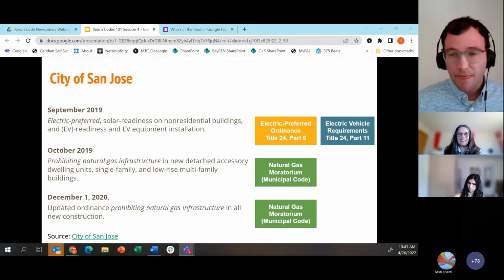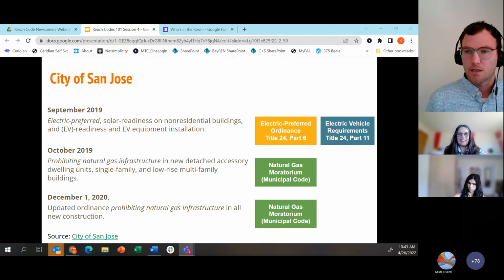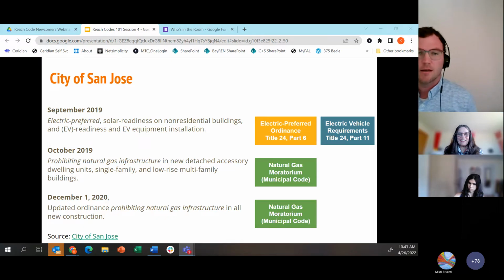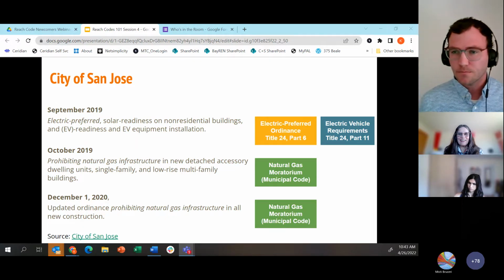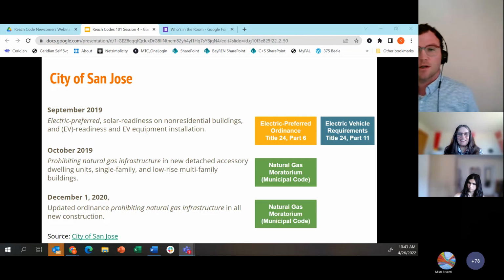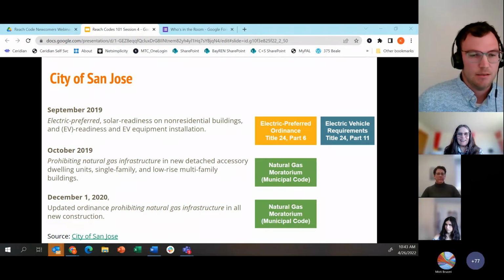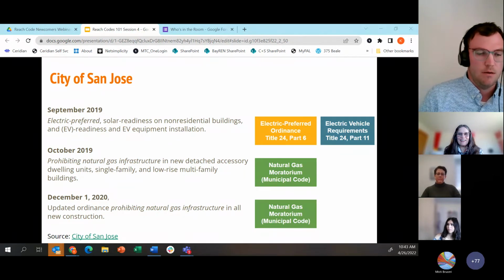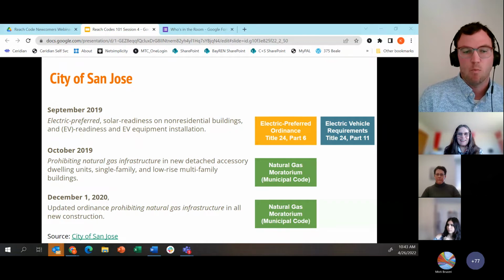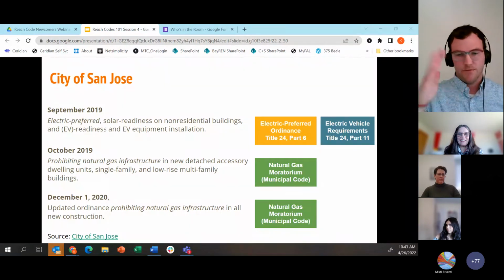And then fast forward a year later, after enacting the natural gas moratorium, they realized they wanted to go further. More information had come to light, and so they updated their natural gas moratorium to cover more building types. And so I walk through this, this is very high level.